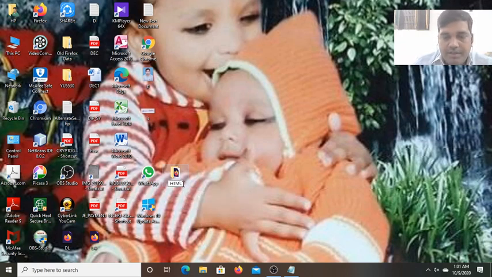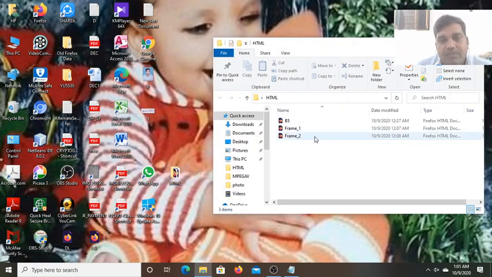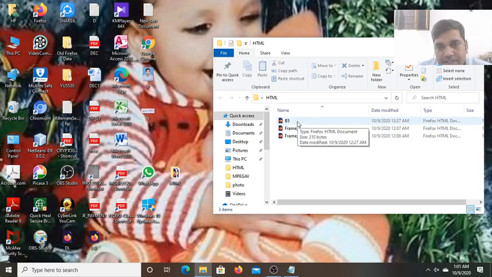Okay. Now in this folder I have put three files. One is b5.html, the second one is frame1.html and the third one is frame2.html. So this frame1 and frame2 will appear in the b5 HTML file in two different frames.